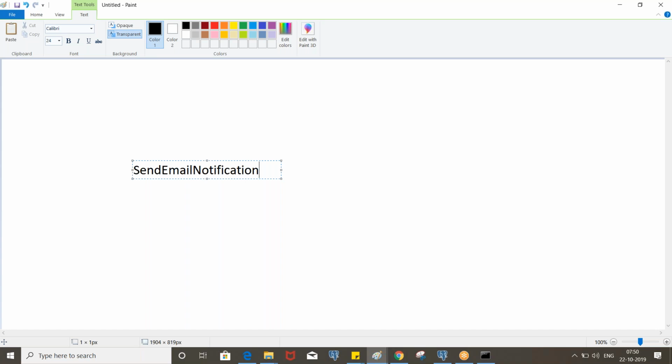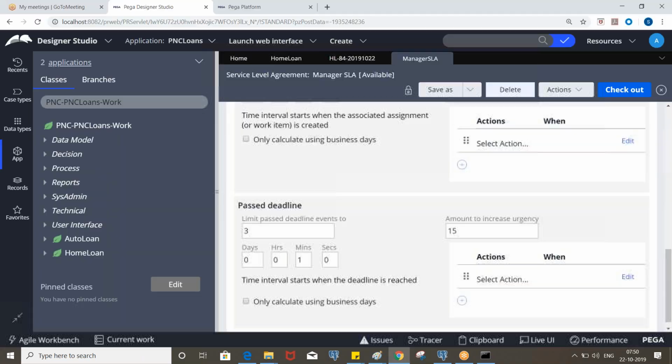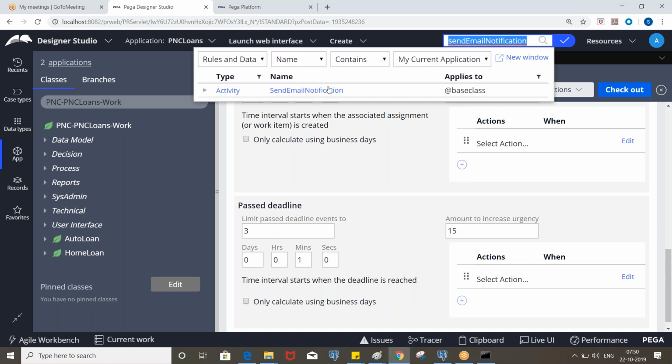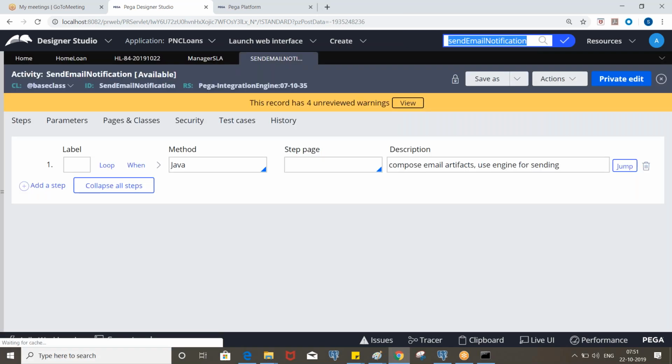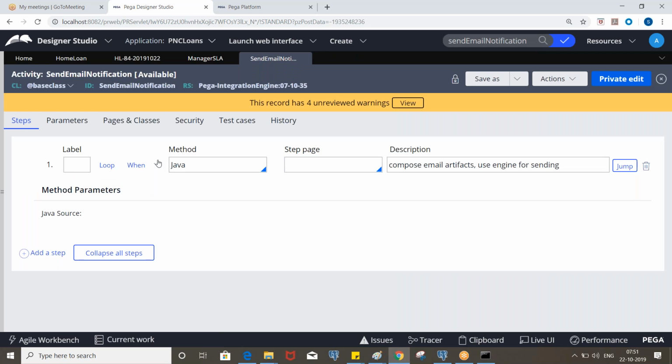So we need to pass those as parameters. We have an activity called send email notification, where all the business logic is already defined. If you take this activity, send email notification, it is there in the base class, and you see the activity with the Java code, right?